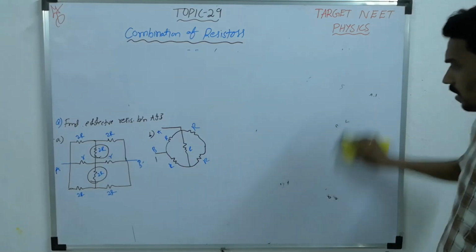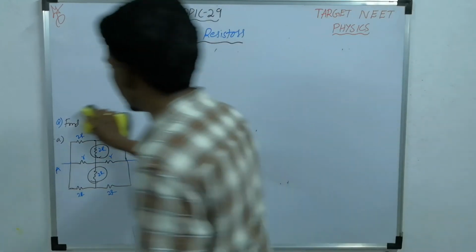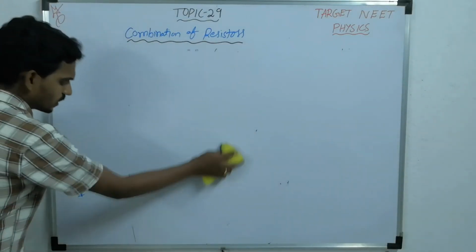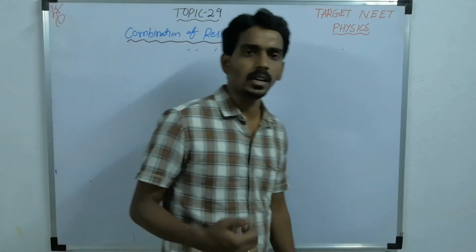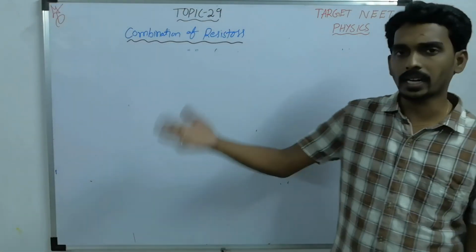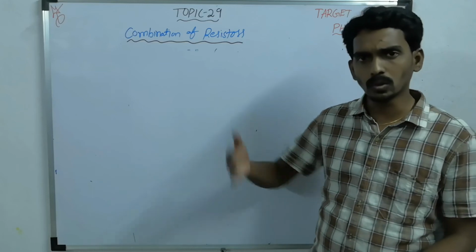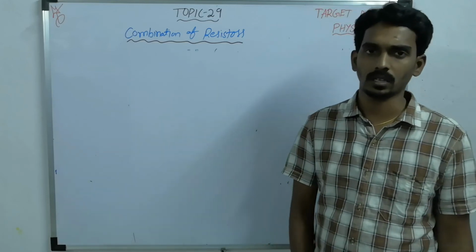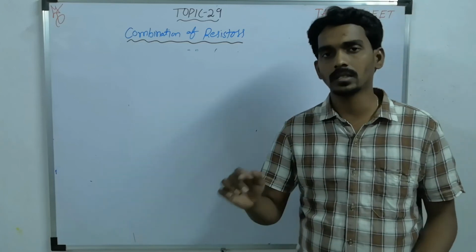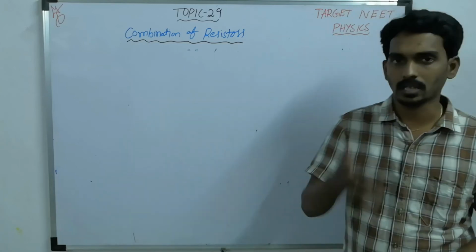So this way you can solve the questions with the same logic discussed in the beginning of the lecture. This is how you should always consider: take two resistors, check whether they are connected in series or parallel, and then get the resultant. Then take the other resistance. Like that you go on solving two at a time and make it into one resistor. Finally you will get one resultant or effective resistance.